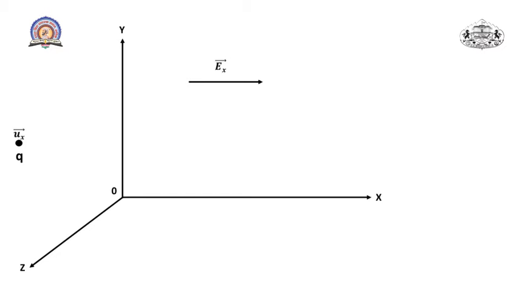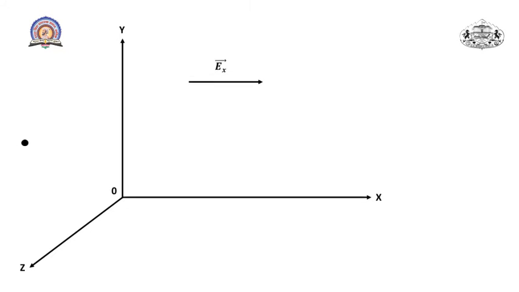So ux is the velocity of the charged particle before entering the electric field. When the charged particle enters the electric field, it has a velocity vx. This is the difference between velocity vx and ux. Each and every time you can find vx is different, but ux, the initial velocity, is uniform velocity before entering the electric field. Suppose charge q moves in the direction of the electric field.